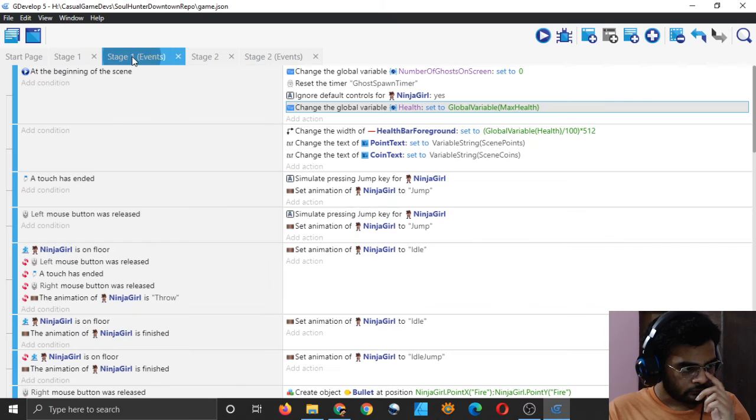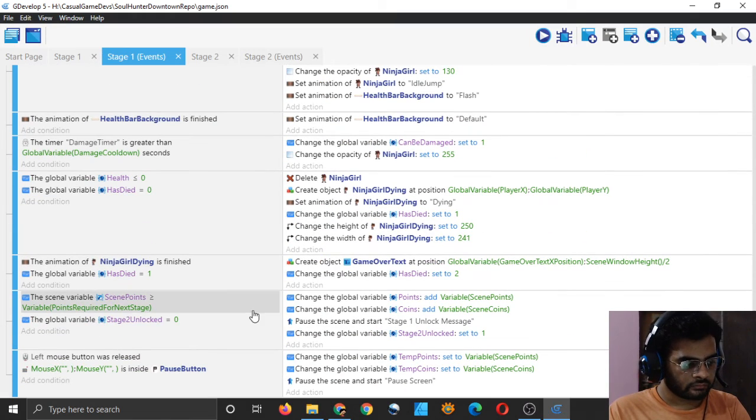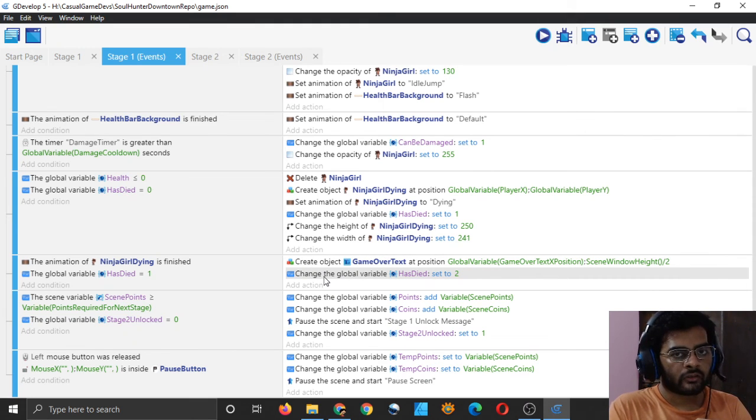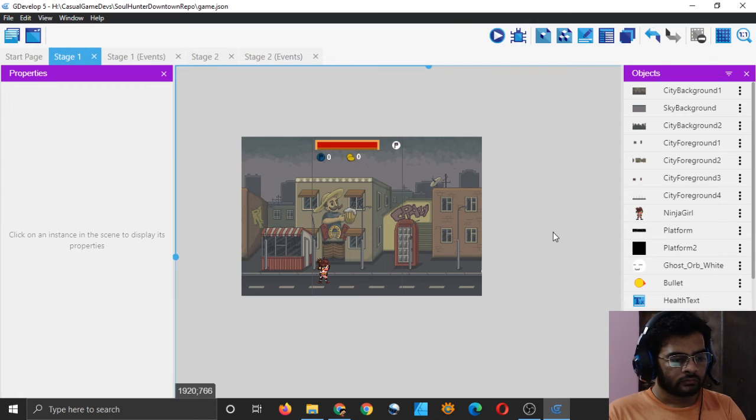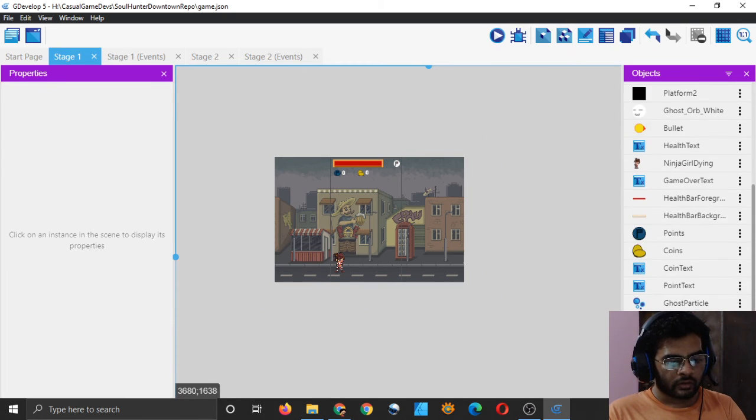And now, when the game over screen comes, we also have to create a text object that lets us restart the game or go to main menu. We will just make it go to main menu, right? And it will save our points to the global variables also. So just create a new text, I guess.